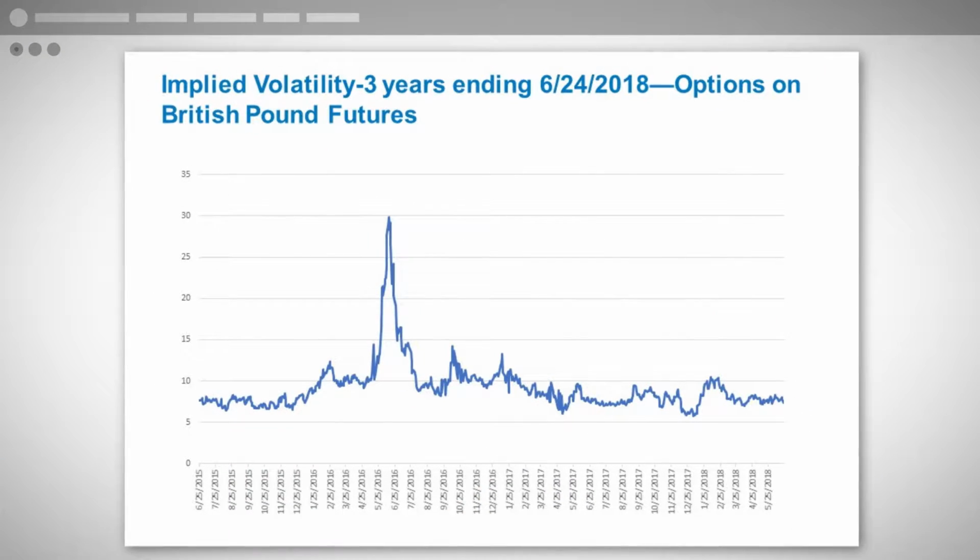Same thing with British pound. And this is it. We're not going to go through all the currencies, only the 3 major ones, 3 of the top 6. And you can see British pounds, it's a little bit skewed there back to 2016, so the scaling doesn't look as attractive, only because of what happened in June of 2016. And for those of you that remember, that was the Brexit announcement when Great Britain decided to leave the European Union. Volatility tripled. But in general, volatility is in single digits on the low side, and then anywhere between 12 and 14% on the high side for sterling.